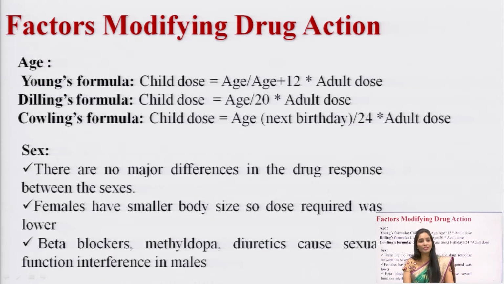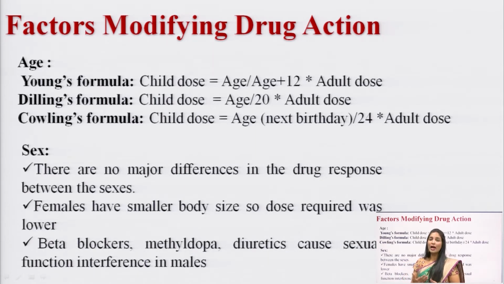In children, the functions are not fully developed, and in elderly patients, who are in a declining phase, all the functions have declined. In such a condition also the drug modifies its action. For example, in an adult, the metabolic rate is normal, the liver enzymes can metabolize the drug, and it can be eliminated by the body.